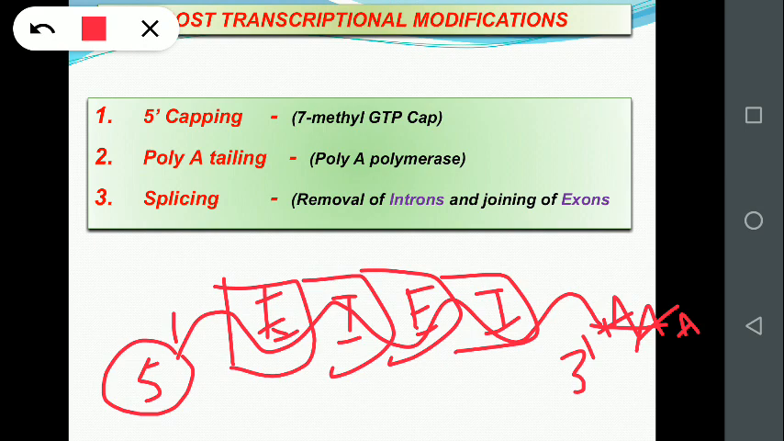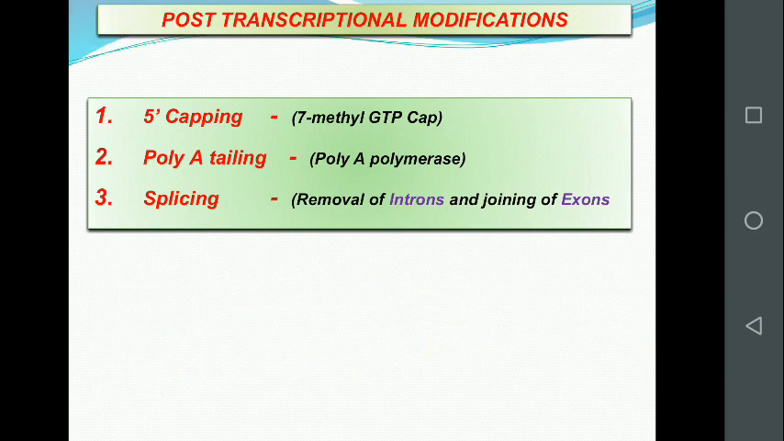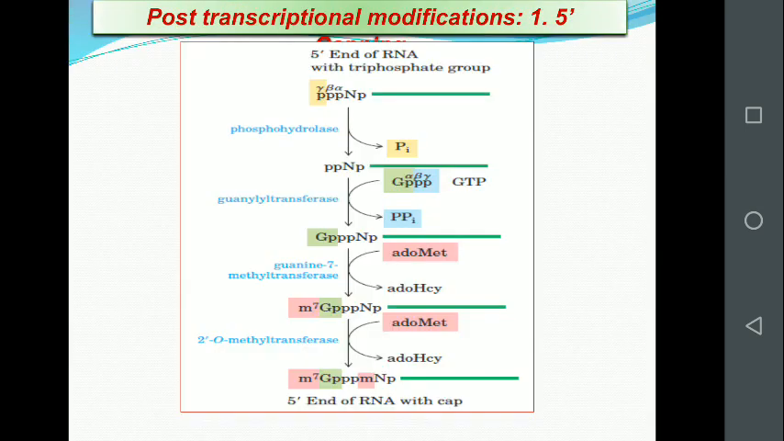So introns are non-coding regions that never contribute to the amino acid sequence. That's why introns must be removed and exons must be joined together. This removal of introns and joining of the exons is known as splicing. Now we will discuss these three mechanisms of post-transcriptional modification. First one is